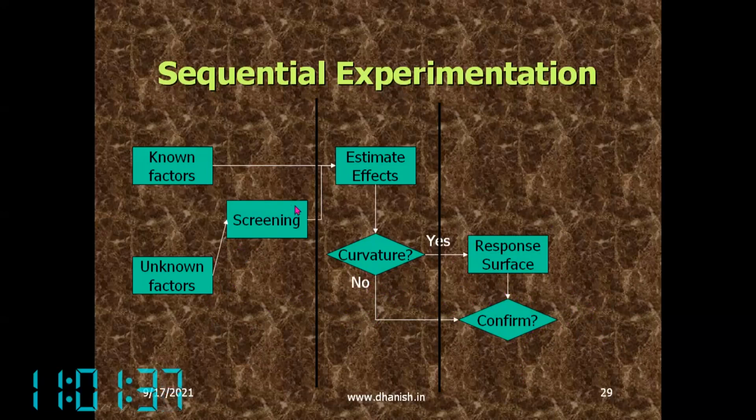Because we have done a fractional factorial and all, we may not have done every possible combination. So we have to verify with a confirmation experiment. And in case of response surface design, again, we have to do a confirmation experiment to verify the result. If the confirmation experiment does not match our experimental result, then we have to go back and rectify. If the confirmation is okay, then we can celebrate, our experiment is successful. So this is the sequential experimentation strategy.